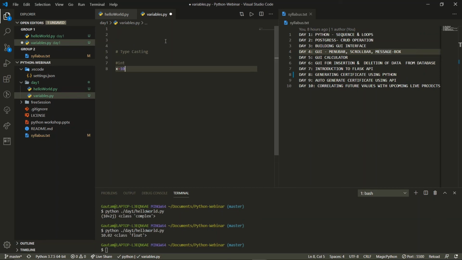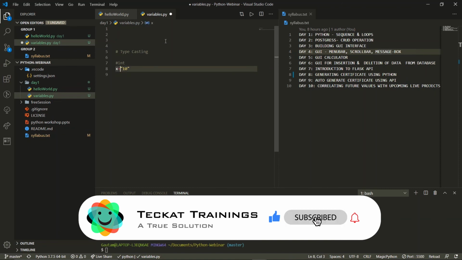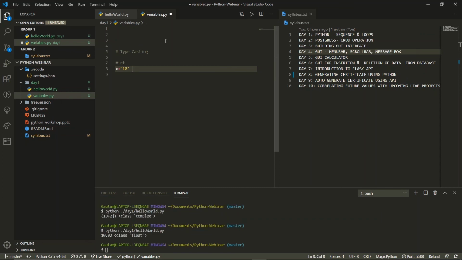For example, I have a value x equals "10" in double quotes. And one more thing you will see over here, we are not using termination, this semicolon sign. In Python, we don't require this sign. Now, if we write one more variable y equals 19, for example, you will find an unexpected token y, as Python doesn't allow writing code side by side. So to make it possible, we use this termination.